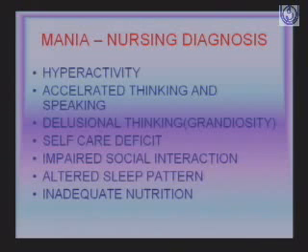Another one is impaired social interaction. Though they are talking to all, their talks are very superficial. They are not able to have a deep relationship with others. Then altered sleep pattern related to hyperactivity. We talked about insomnia and the symptoms. So the nursing diagnosis is altered sleep pattern related to hyperactivity. Then inadequate nutrition, less than body needs, related to hyperactivity leading to loss of weight. They are hyperactive, they have a lot of activity being performed, but when you do a lot of work, you feel hungry also. They also feel hungry, but they are not having time to eat.